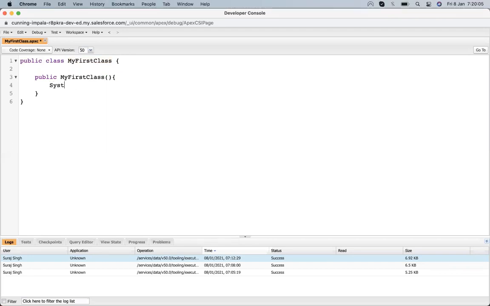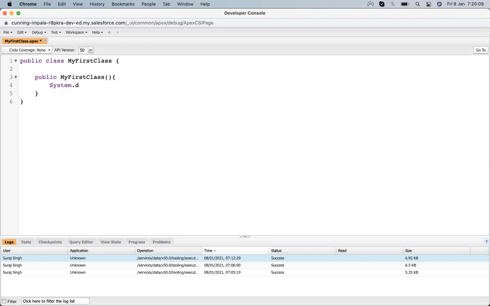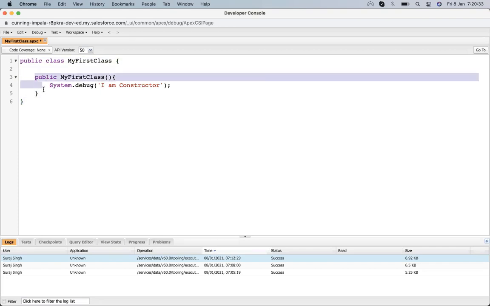Suppose, let me put a debug over here. Now this is how we declare a class and how we declare a constructor of a class.